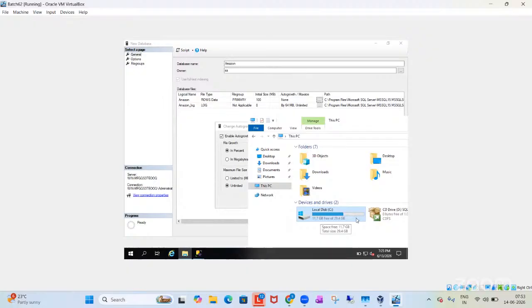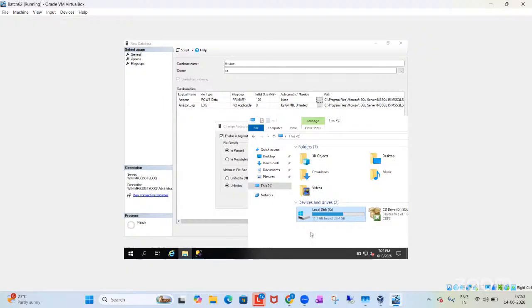The Windows team will add some storage to this drive. They might add 50 GB or 100 GB. Storage is very costly, guys. It's not like, hey Windows team, please add the storage. They don't just add. They have to buy the storage. You have to follow a lot of approvals. Once you have an approval, then the Windows team or storage team will add the storage. Like that, they will extend the drive, extend the drive, until the drive can be extended. If they cannot extend the drive, and the data is still growing because it is a very big database,